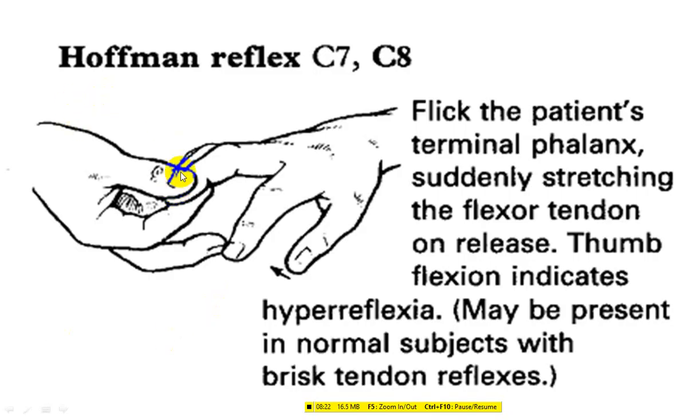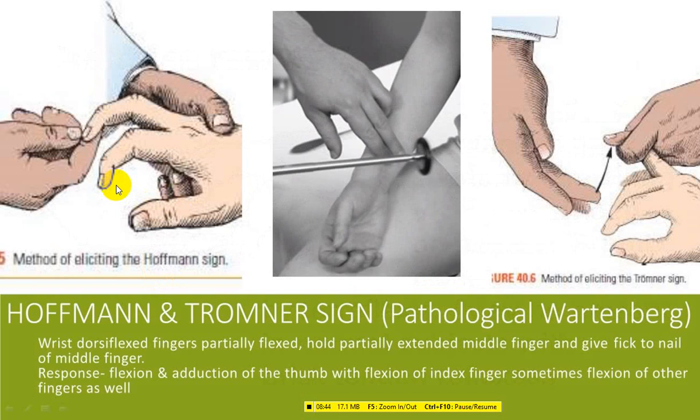This is Hoffman reflex. You flick this terminal part of the phalanx, this finger, either middle or ring finger, and you get flexion of index and thumb. That will be there in case of hyperreflexia, particularly in case of upper motor neuron damage. You flick this particular part of the finger, you get flexion of index finger and thumb. And when you tap here, this is again a part of the method of eliciting the